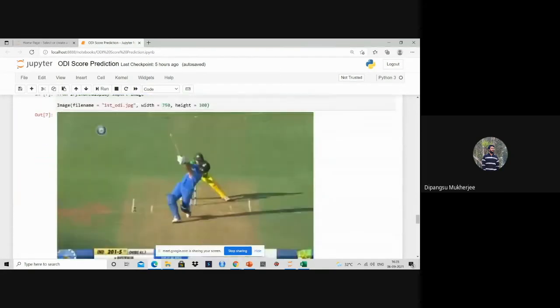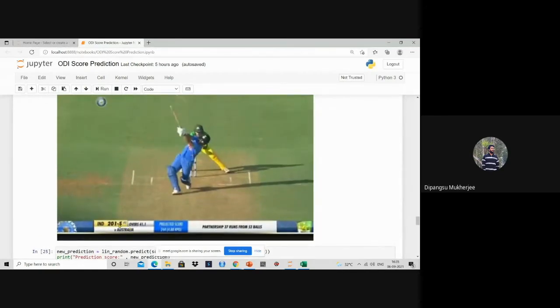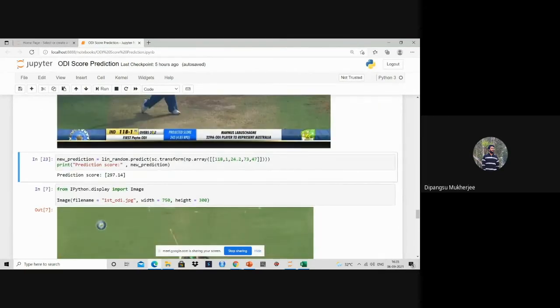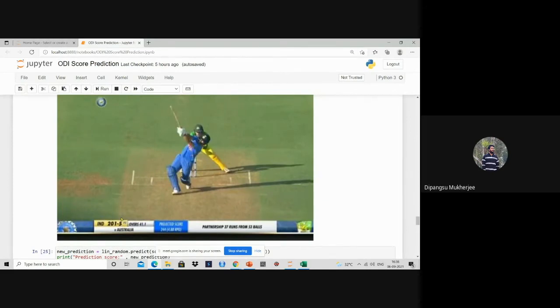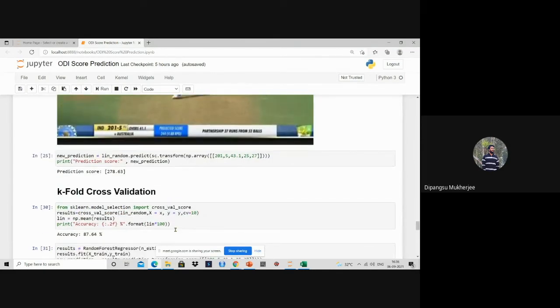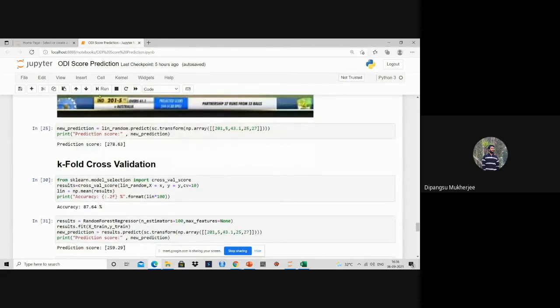Now you can also see the run rate going slow: 118 for 1 after 24 overs, but after 42 overs it is 201, and 5 wickets have fallen, so the run rate has also changed. You can see they are projecting the score as 240 to 254.